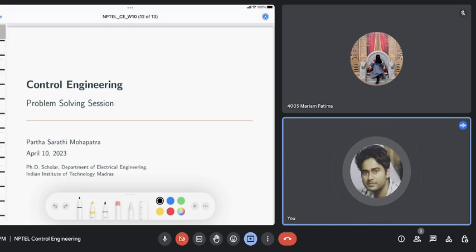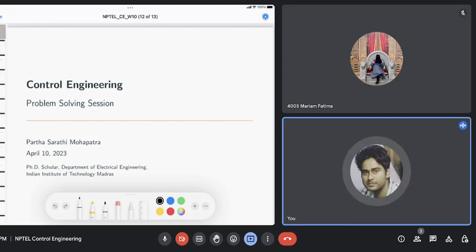For the minimum phase system, when the frequency is very high, the magnitude plot will have an asymptote of minus 20 dB times the difference between the number of poles and zeros. Similarly, in the phase plot, it will have a phase angle of minus 90 degrees times the difference between the poles and zeros. This is because